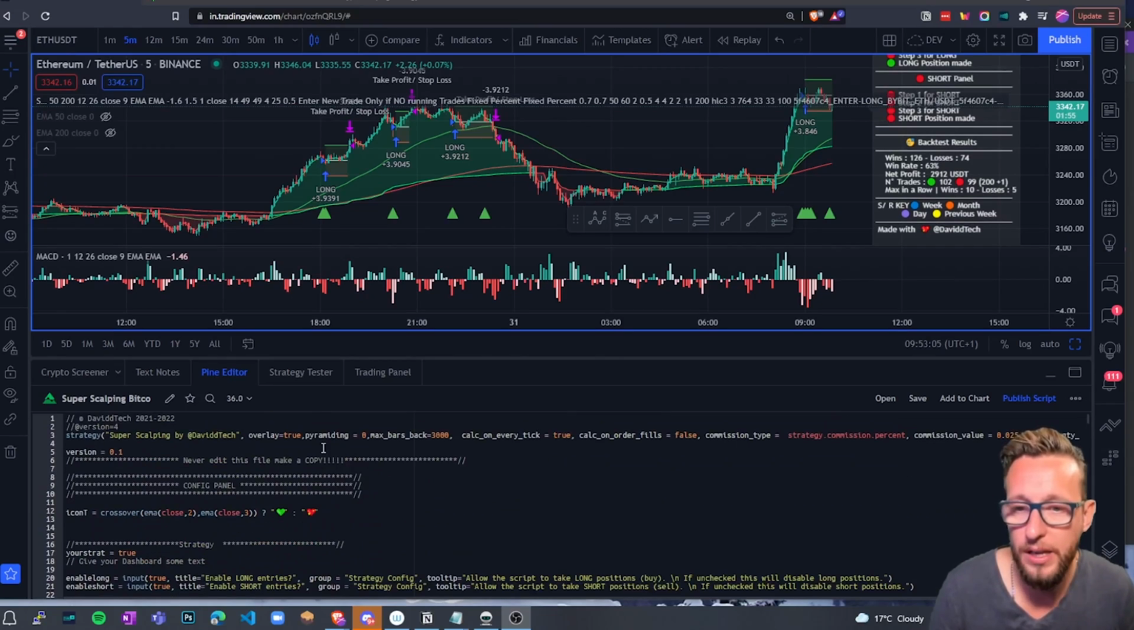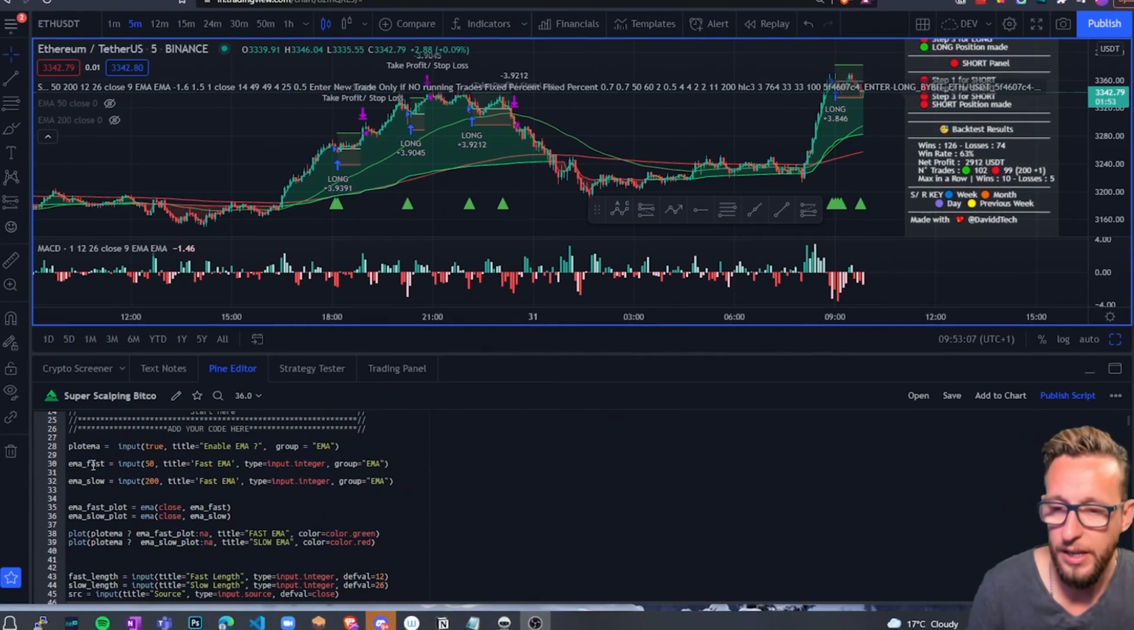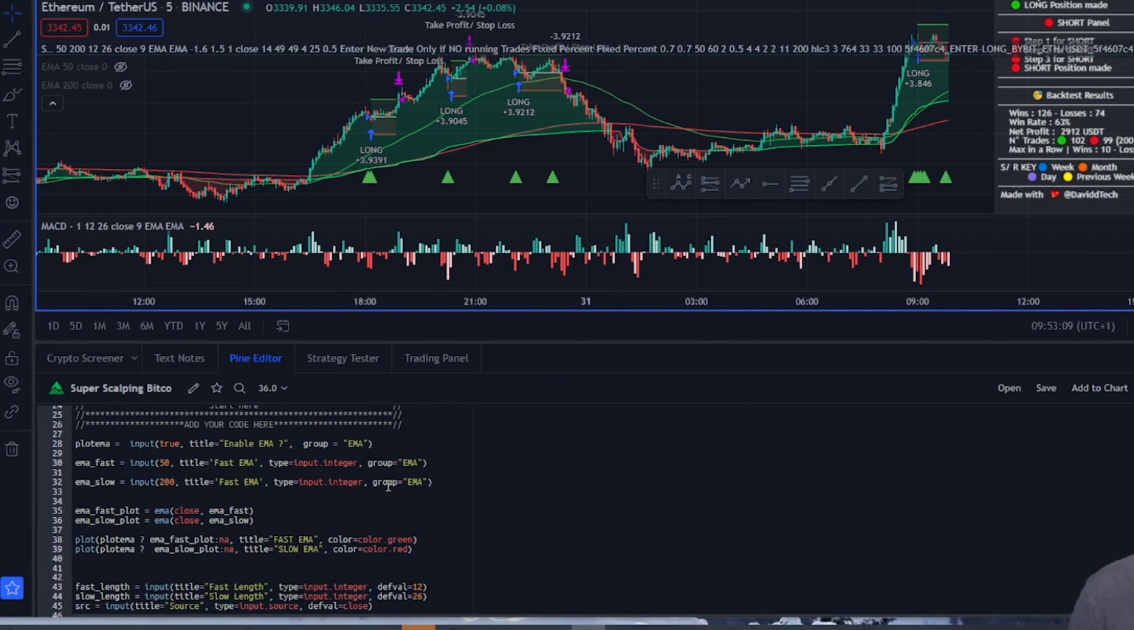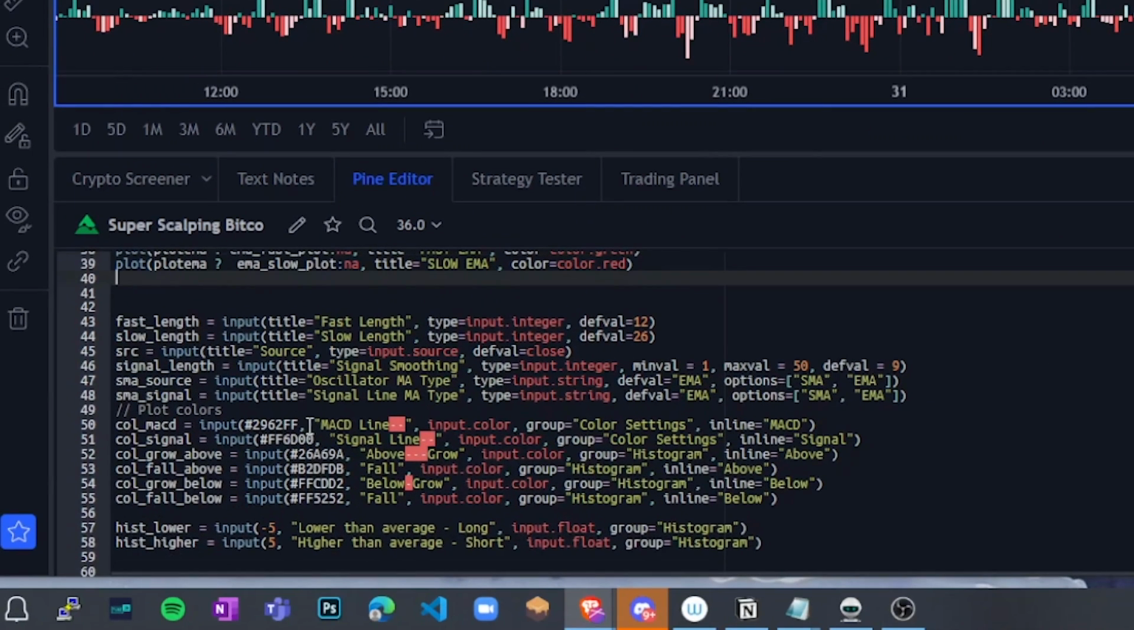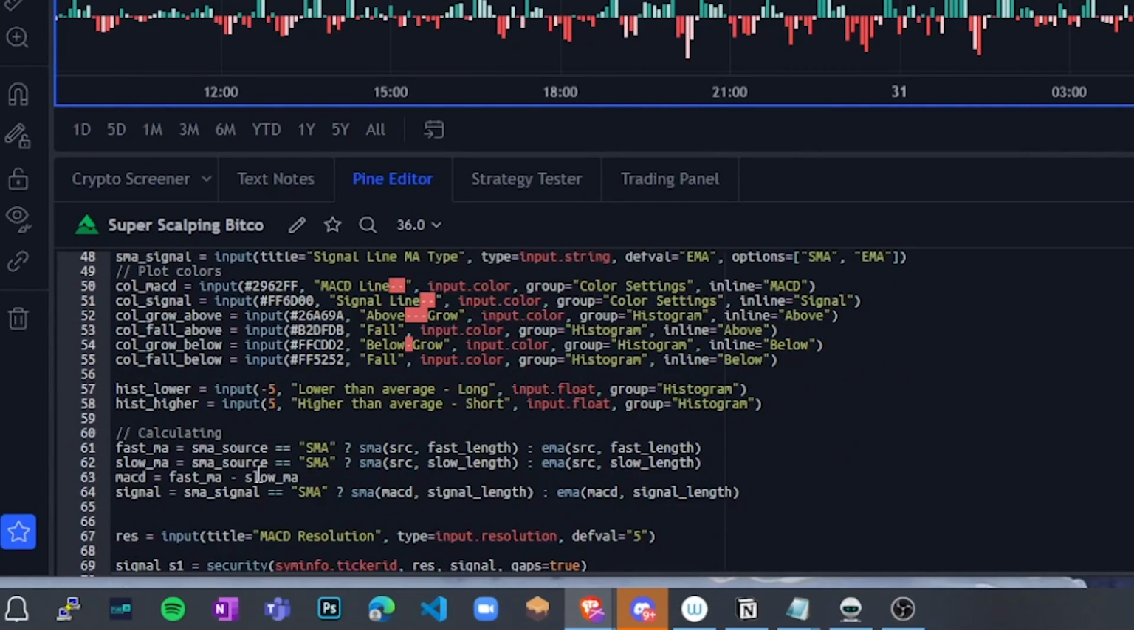Okay, here we are on my code. Let's have a look at what I've done. Okay, the EMAs are as normal. We've got a green and red EMA here in the code. We've just plotted them, so that's pretty simple. You can change the EMAs thanks to the settings panel. Right, okay, then we go down and we've got the MACD here. The only thing that I actually changed on the MACD